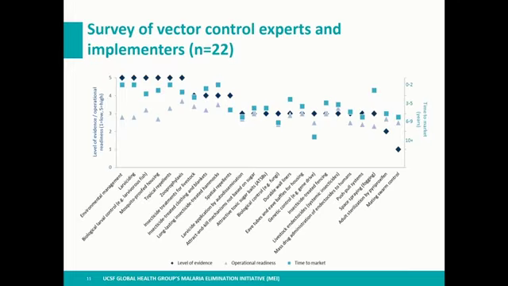So there are a number of tools, those really on the left side of your screen, where experts and implementers felt that these were sort of the low-hanging fruit of vector control. So these include environmental management, larviciding, mosquito-proofed housing. So this does not indicate any sort of level of effectiveness. This is purely what experts thought was the level of available evidence on these tools and operational feasibility.